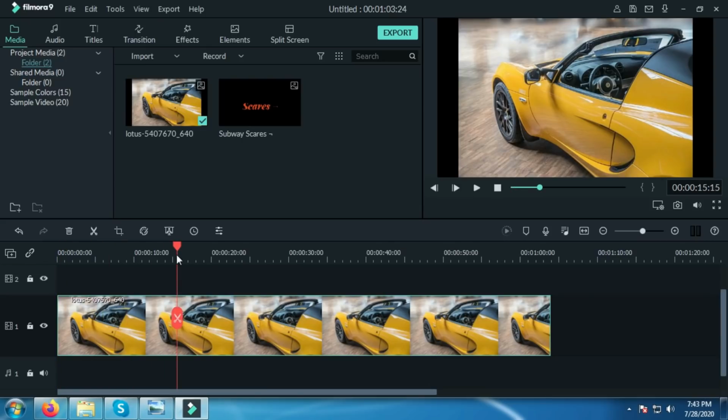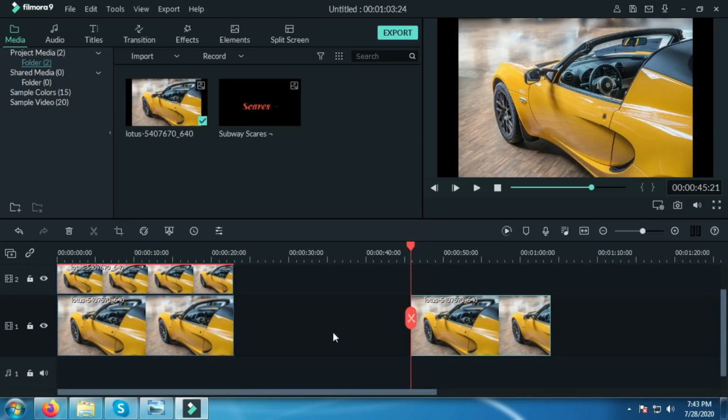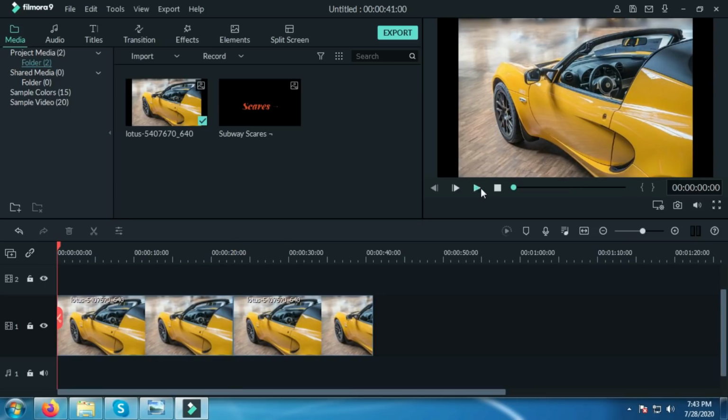You can remove any unwanted part of video using the scissor. Now it will be a separate video. For example, from this part to this part, click the scissor button, and now it is two parts. If you want to cut this part or remove it, just select the part and use the scissor button. You can delete it or save it for later use. Okay, you can drag it and keep it in another place.